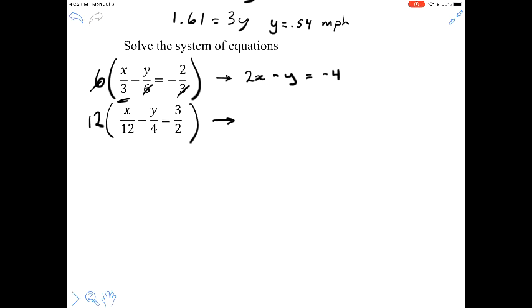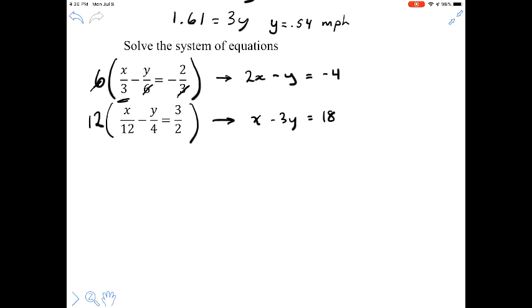And then a similar thing there on that bottom equation. Just distribute the 12 into each part of that equation. So the first part, the 12's cancel, and you just get x. 4 goes into 12 3 times, so that would be minus 3y. And then when it multiplies there, 2 goes into 12 6 times, so you've got to have that 6 multiply to the 3,